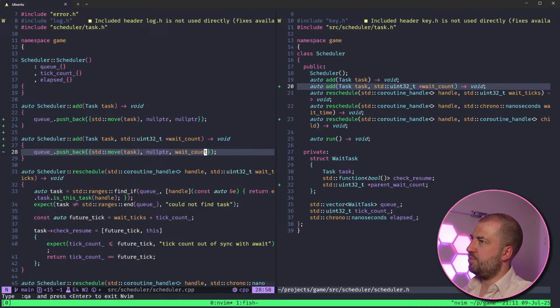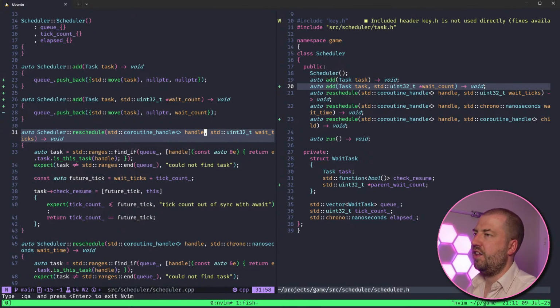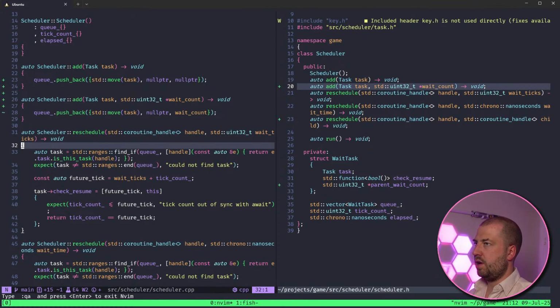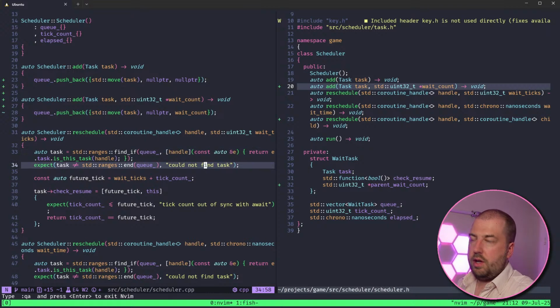It is beginning to grow limbs just a little bit, but I think it's fine. Because we're going to need this anyway if you want to wait on multiple tasks. So you'd have to have a way of communicating back. Either you store a reference to all their handles, which risks them going out of scope, or you have some sort of counter, which would have to be atomic if we went to multiple threads. I think it's fine.